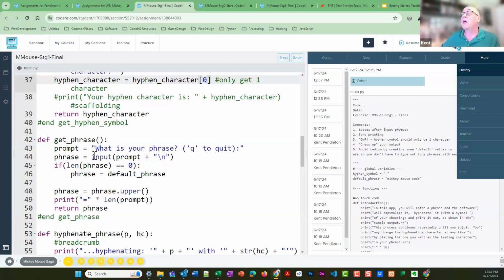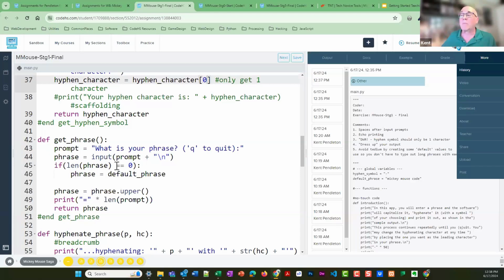I'm going to say, hey, let's look at the length of my phrase. So if someone types in something that's empty, they just go enter. Now we're seeing another function. It's a function that's tied to the idea of the phrase, which is a string in nature. And here we start talking about the idea of data type early on, that certain functions are tied to the nature of the data they're processing, in particular the length function. So this length function looks at my phrase and says, hey, if it's numerically equal to 0, oh, the double equal sign, which means is it numerically equal to, not being assigned.